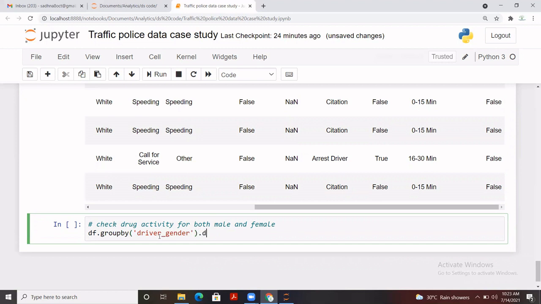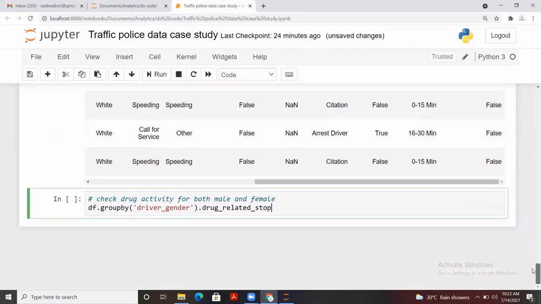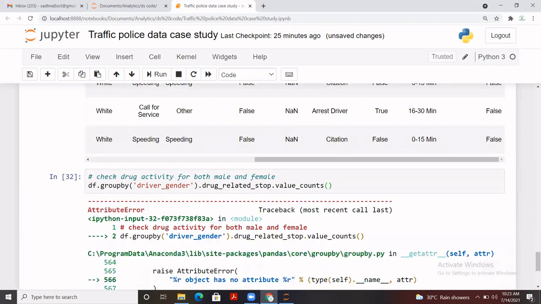That column name is drug related stop. Let me check it once again. So here it is, that is drug_related_stop, and we can do value counts as well. So once you write value counts, it will give you the total number of occurrences. So let's see what is there.